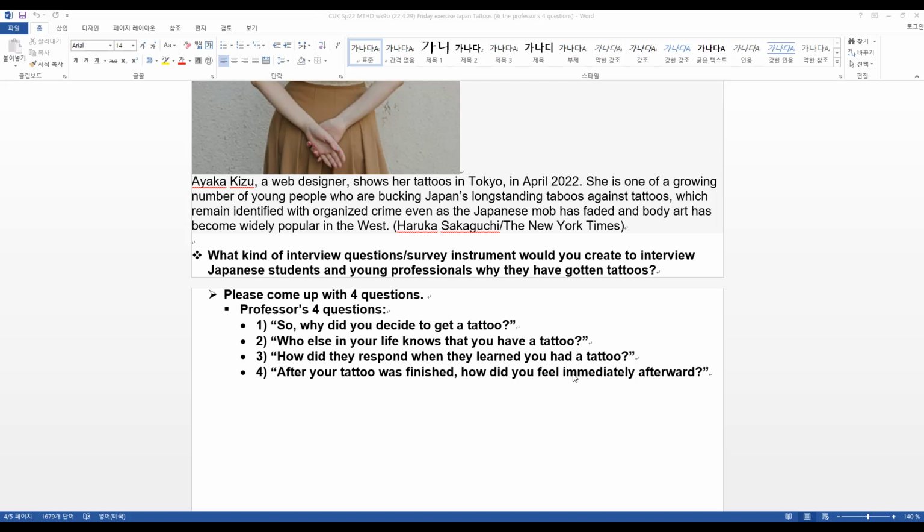And then we're running out of time here. We have to go to our debate. So that's another question. So who else in your life knows that you have a tattoo except your friends that you mentioned? So I could say maybe my girlfriend, or maybe not. Or I could say my drinking friends, or maybe not. Or my classmates, or maybe something else. The response is really important. If I say my girlfriend knows, or maybe I don't have a girlfriend, or maybe I probably am not going to say my parents know.